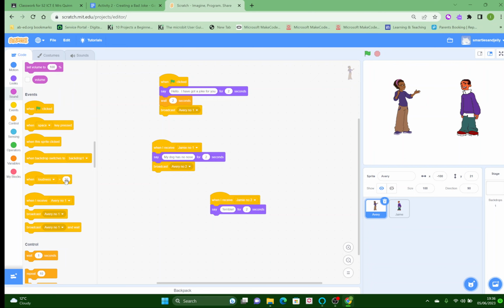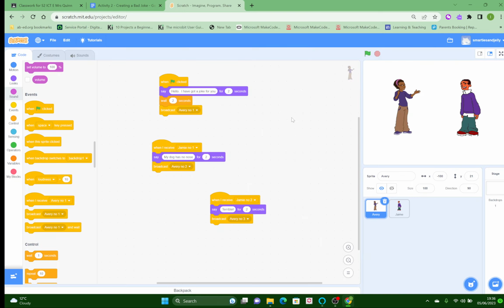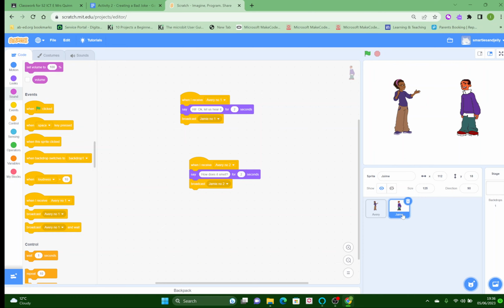So this is her third message that she's sending. So we're going to call it Avery number 3. Avery number 3. And then we're going to go to Jamie. Jamie's code. I'm going to click on Jamie, and we'll say when I receive Avery number 3,